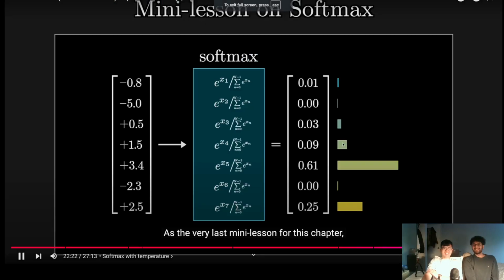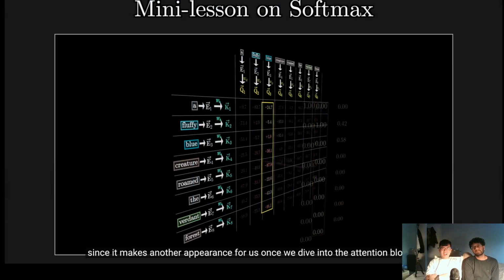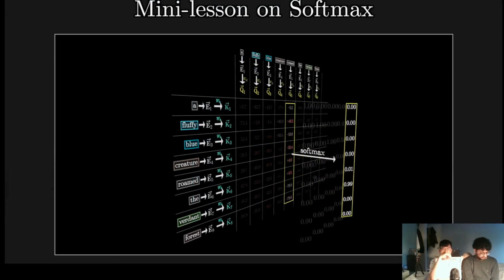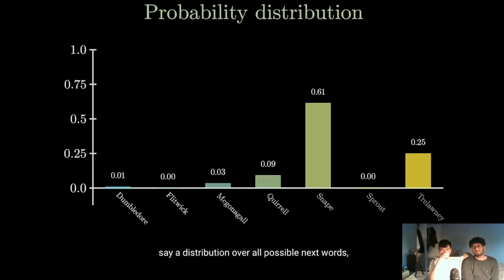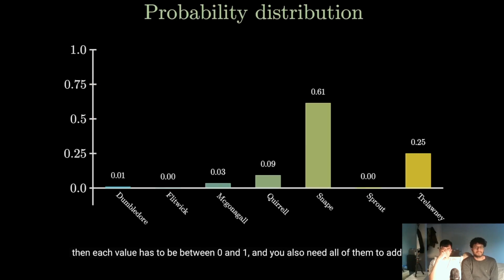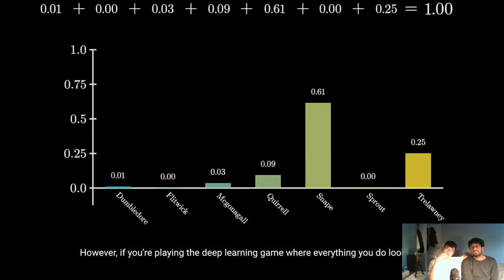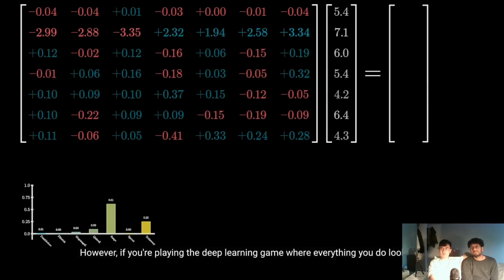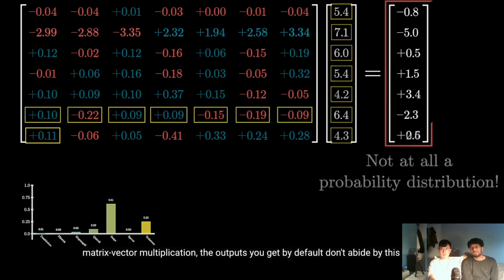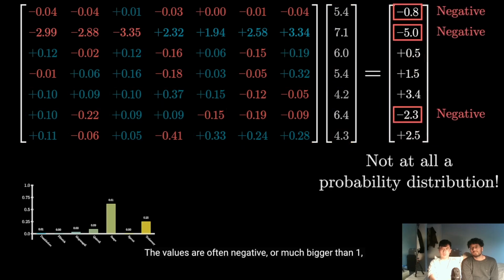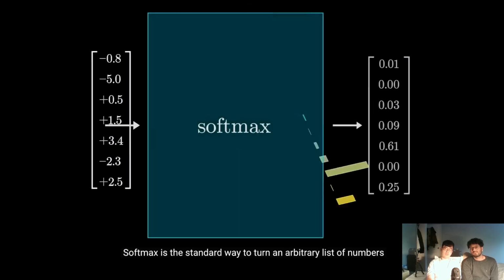As the very last mini lesson for this chapter, I want to talk more about the softmax function, since it makes another appearance for us once we dive into the attention blocks. The idea is that if you want a sequence of numbers to act as a probability distribution, say a distribution over all possible next words, then each value has to be between 0 and 1, and you also need all of them to add up to 1. However, if you're playing the deep learning game, where everything you do looks like matrix vector multiplication, the outputs that you get by default don't abide by this at all. The values are often negative or much bigger than 1, and they almost certainly don't add up to 1. Softmax is a standard way to turn an arbitrary list of numbers